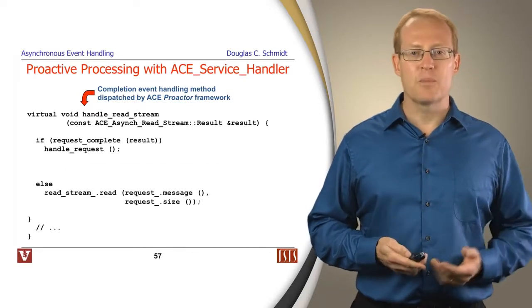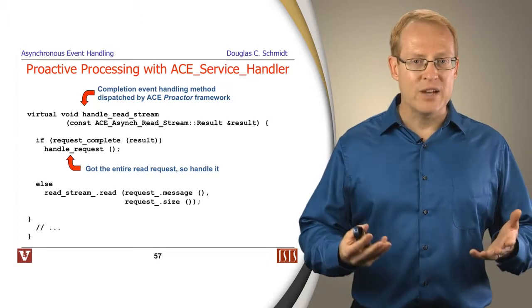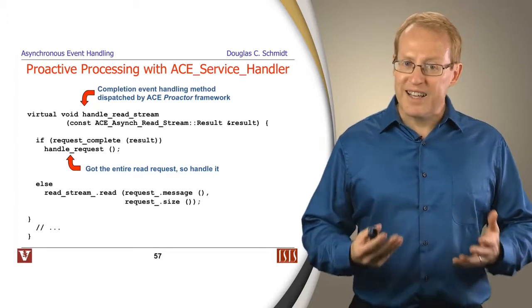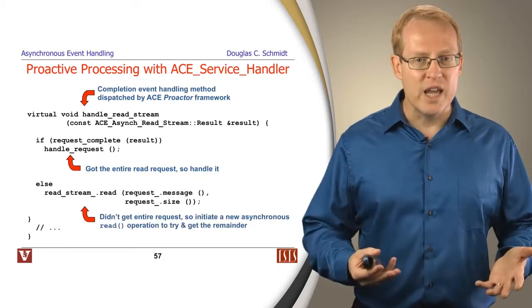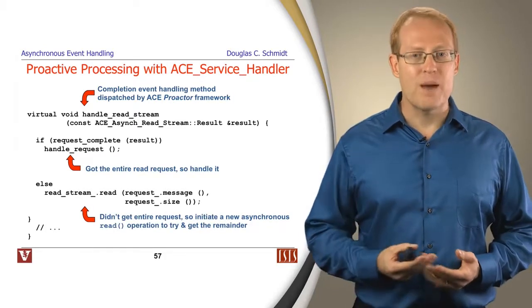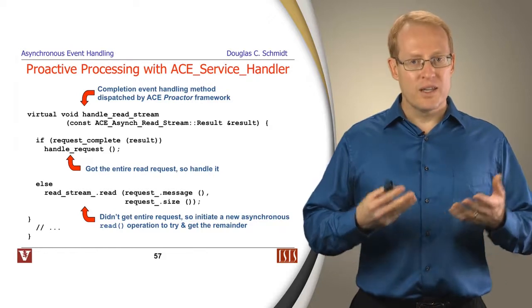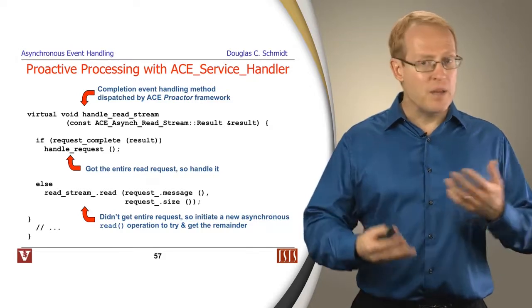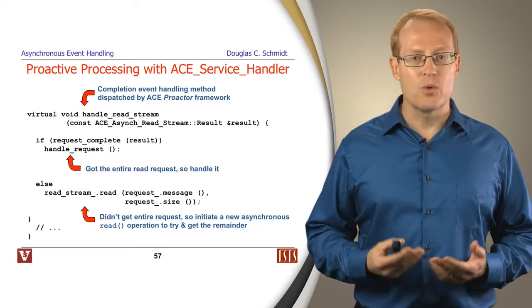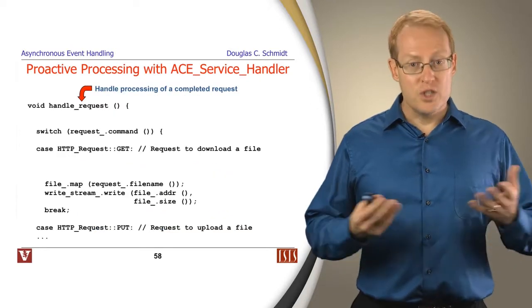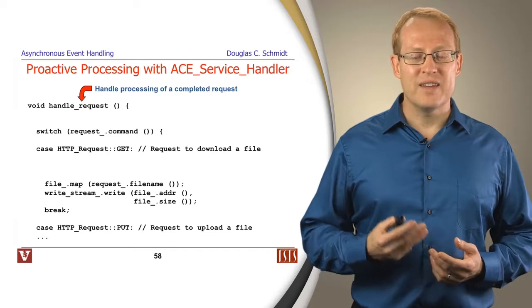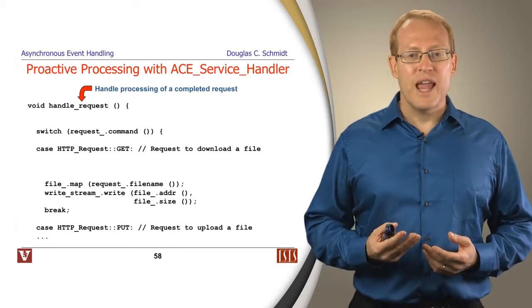And if we have got the complete request, we're going to go ahead and handle that complete request. If we have not got a complete request, if we've only got part of a request, then we go ahead and reinitiate another asynchronous read operation in order to be able to get the complete request. And this may take place actually for a number of cycles until we're able to read the entire request from the client. Assuming we've got the complete request, then the handle request method is called, and this is going to